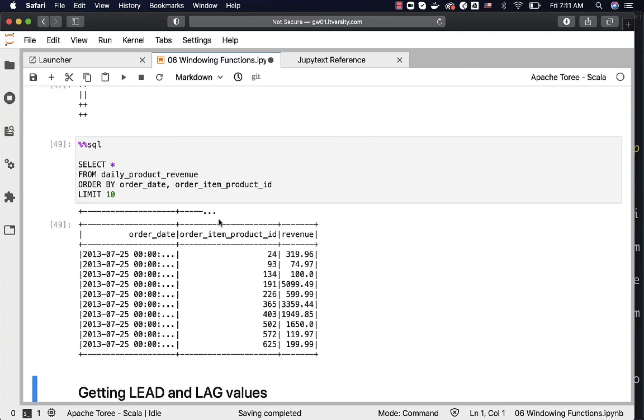As we have explored the aggregate functions within window functions, and also as we have created tables such as daily revenue and daily product revenue, let's get into the other aspects within windowing functions, such as lead, lag, first and last value. So windowing functions have a category called window functions, which contain lead, lag, first value, last value, etc. So we'll explore those things first, then we will talk about ranking functions.